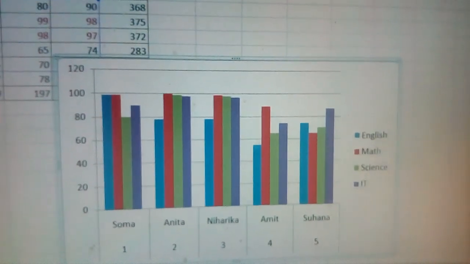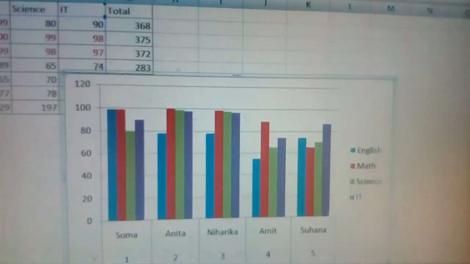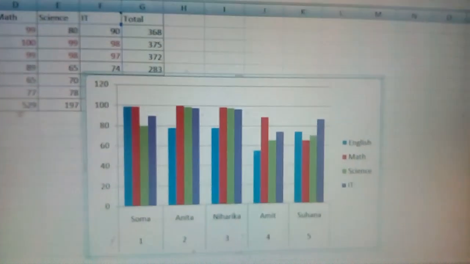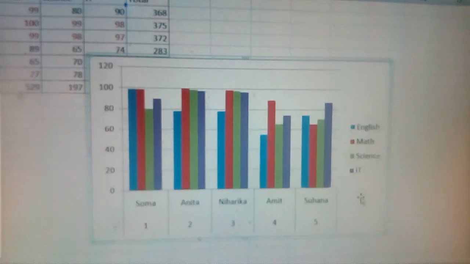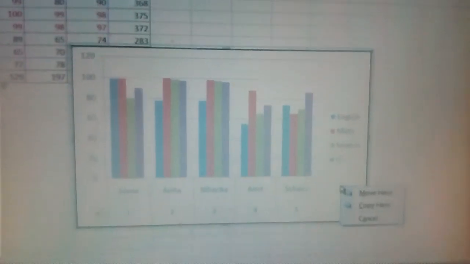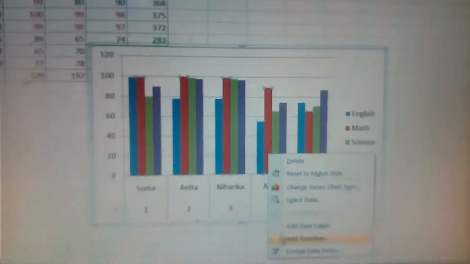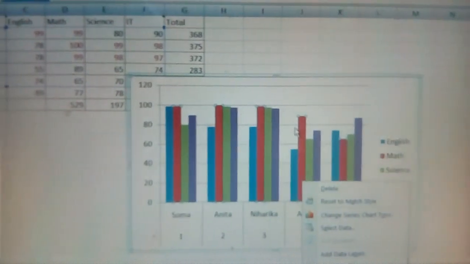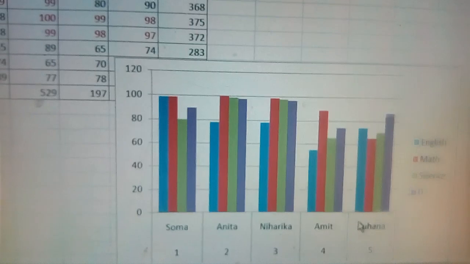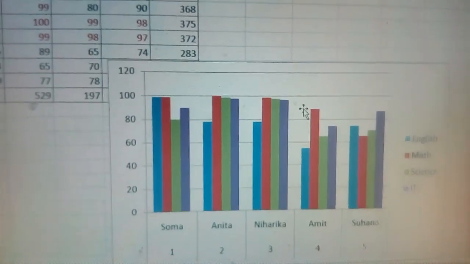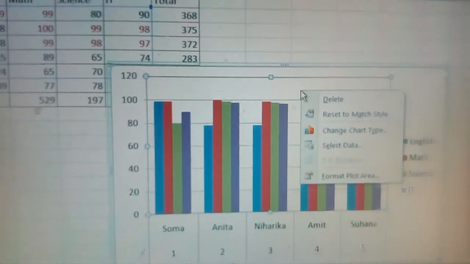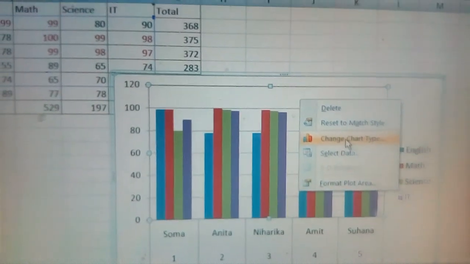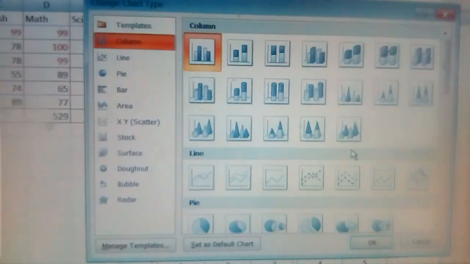Now suppose you want to change the chart type, then how will you change? For that, just right click over the chart area. First you select the chart and then right click over there, select Change Chart Type.